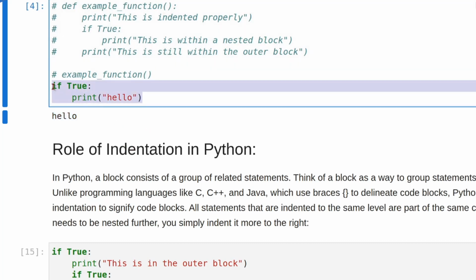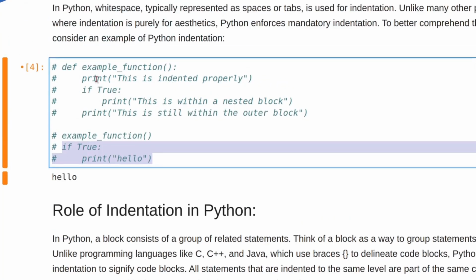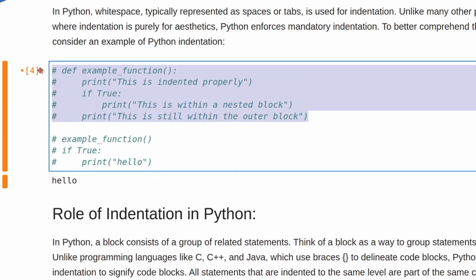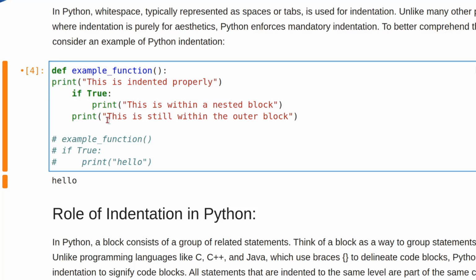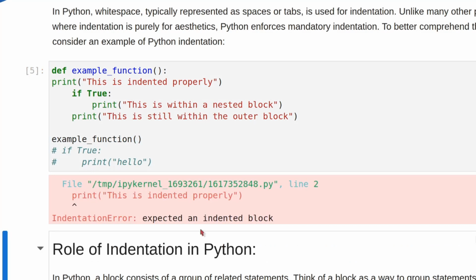I have a good example, which is a little bit bigger than this. For example, I am creating a function here. You don't know what a function is, just bear with me. If you are not understanding some terms, just bear with me. Here I am saying print this. If I just delete these 4 spaces, now this is not indented, so it will give the error: expected an indented block.